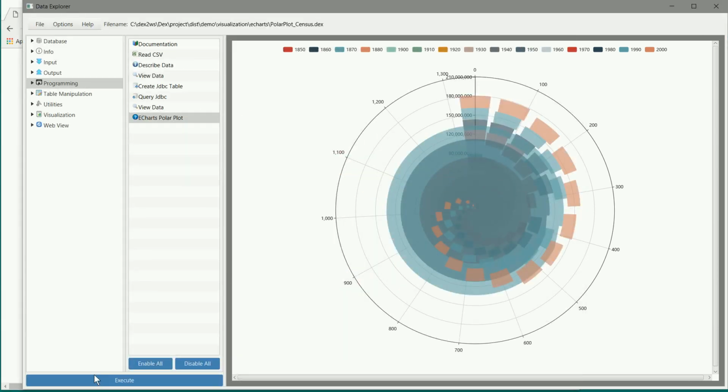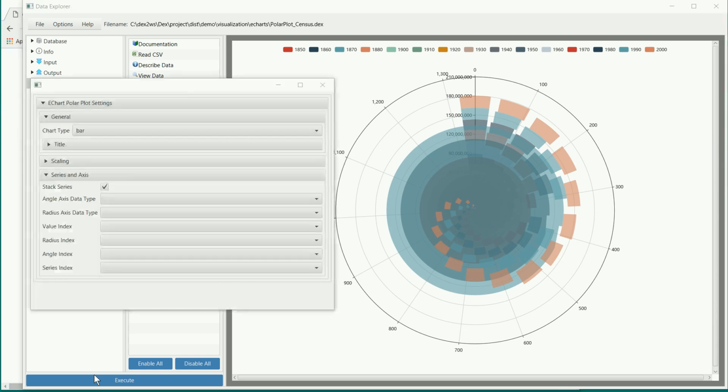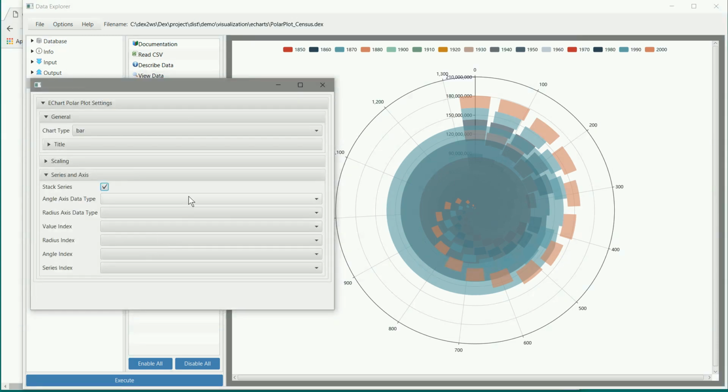And I'm going to, let's see what I do there. Okay, so I'm going to change things around a little bit. On the angle axis type, I want to make that dynamic, so it'll just adjust to whatever the value is. And I want to make the radius axis data type a category. So I'm sort of forcing, even though it may be numeric data, I want to treat it as a categorical